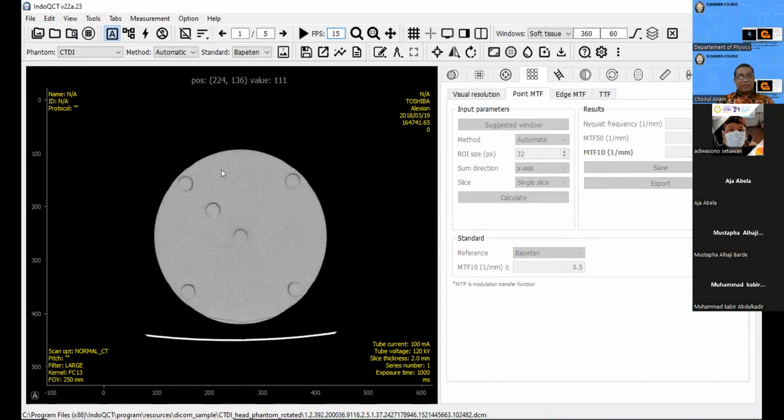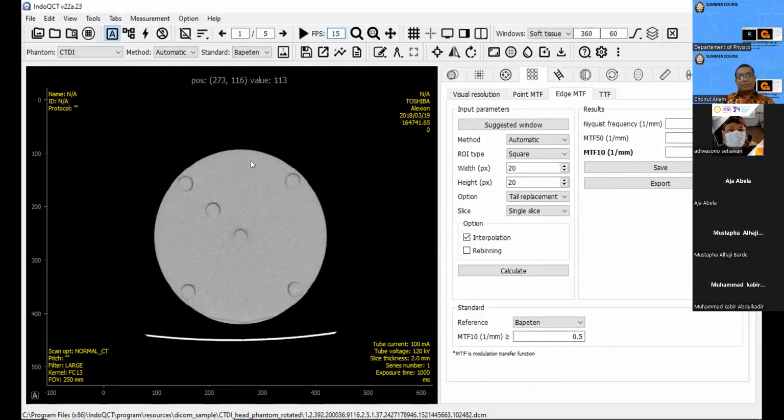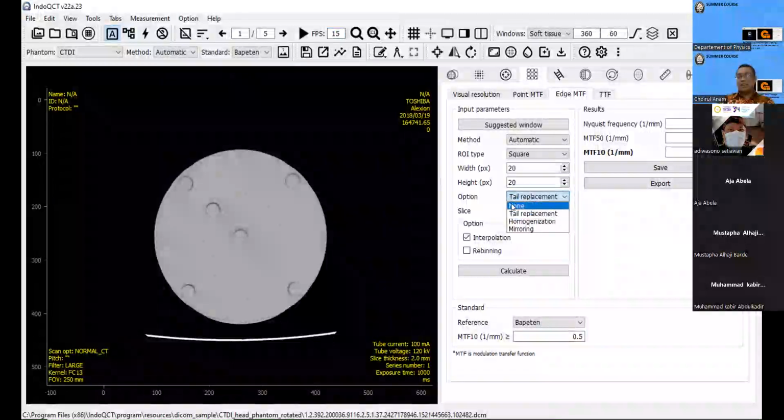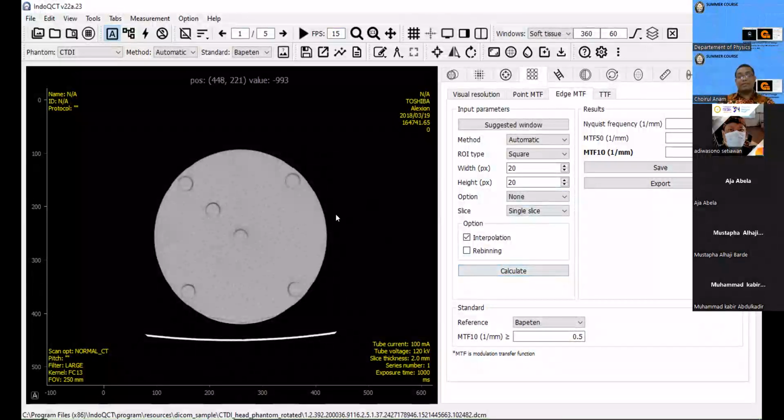By using this image, we can measure the HMTF like this. Because this image is rotated, we can measure the MTF without tail replacement. Maybe the option is none. I think it's okay because the image is rotated. And now we will measure the MTF using the edge of this phantom.